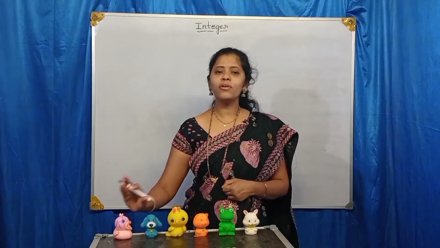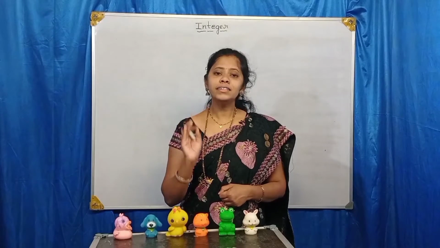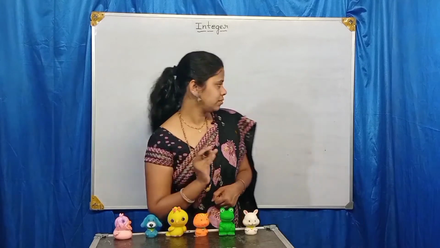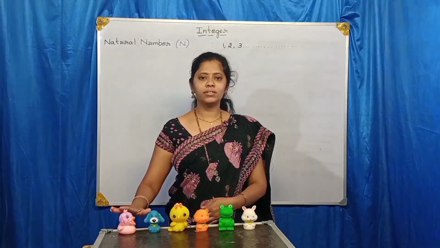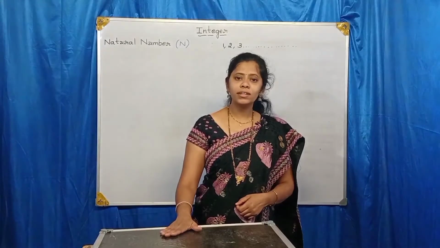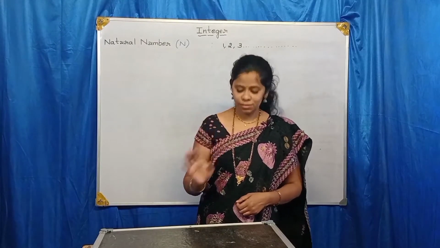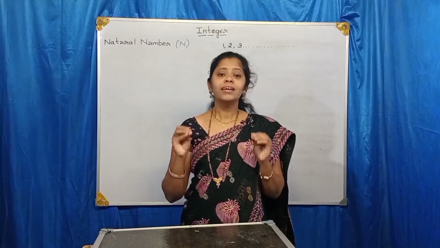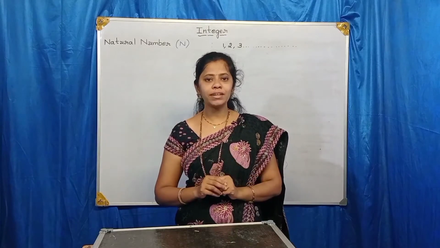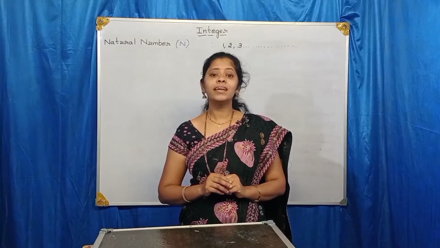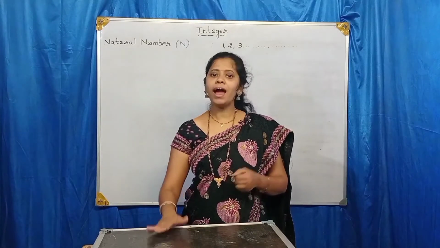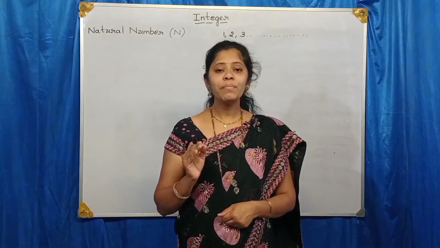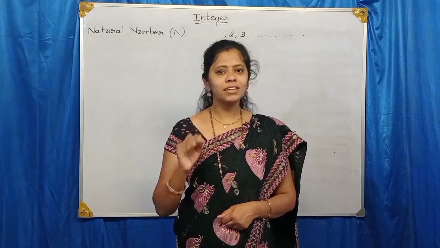Now, just ignore these dolls and pencils and concentrate on the numbers which we have used for counting the objects. Now, I will remove all these dolls. Now tell me, how many dolls are there on the table? There are no dolls. How many pencils are there in my hand? There are no pencils in my hand. Can you state this same sentence mathematically? You can say that there are 0 dolls on the table and there are 0 pencils in my hand. Right? In this statement, we came across one of the interesting numbers, 0.